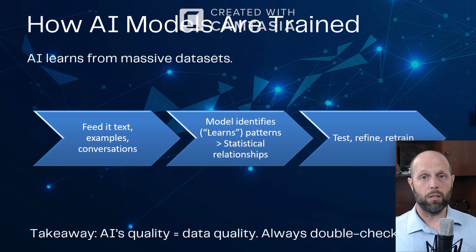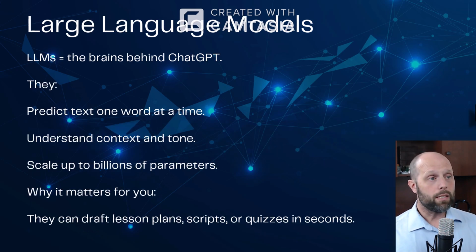Because AI gets stuff wrong sometimes, okay? And so you just have to understand that that's part of this whole equation. And part of this, we're in the early stages of AI, and so we're still training all the models, right? So let's talk about large language models, because these really are the brains behind AI systems like ChatGPT, okay?